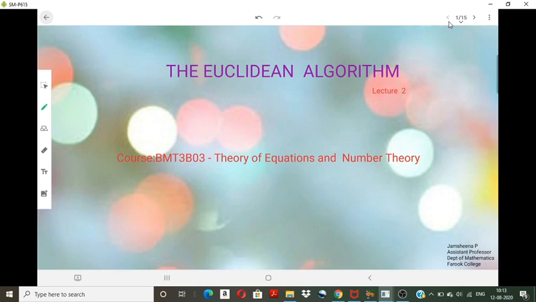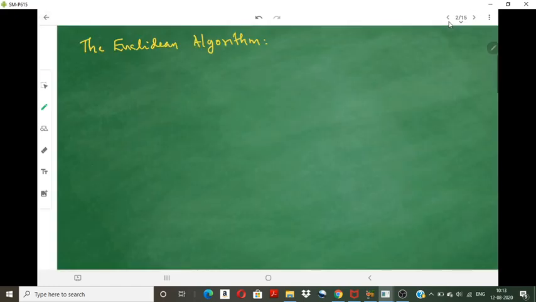In the first lecture of Euclidean algorithm, we have stated one theorem which is the basic tool for the development of the algorithm for finding the GCD of two large numbers. We have also discussed one problem, how to evaluate the GCD using that theorem. Today we will make a justification by describing the algorithm, which is known as the Euclidean algorithm developed by Euclid, and it was given in his famous book named Elements.